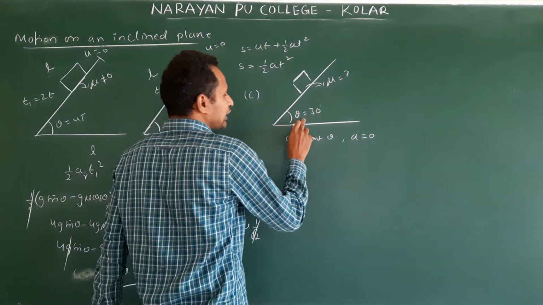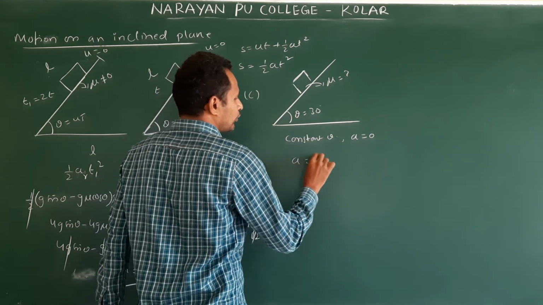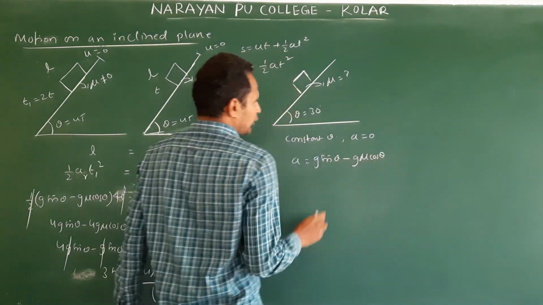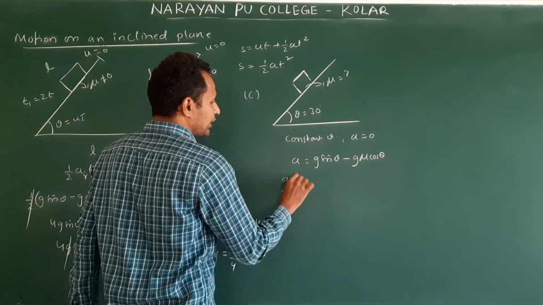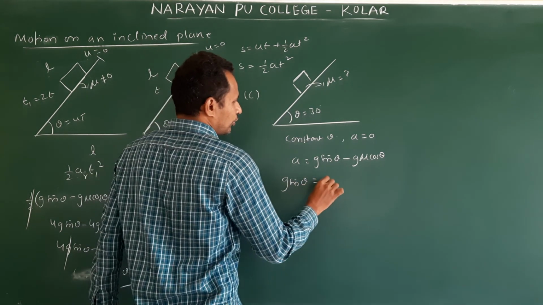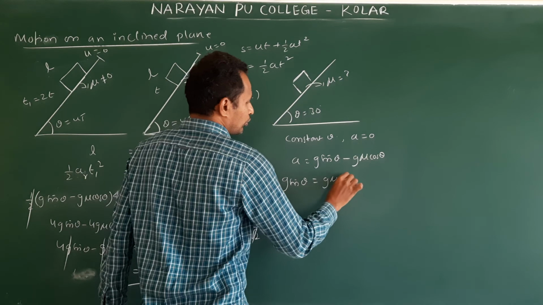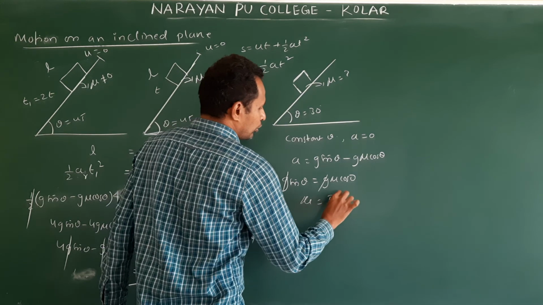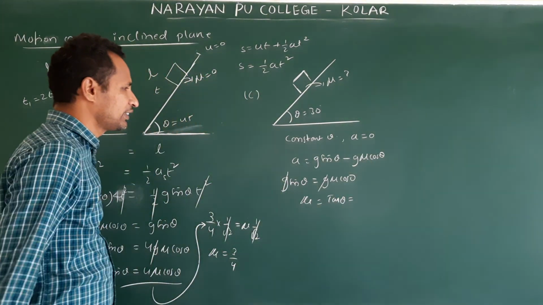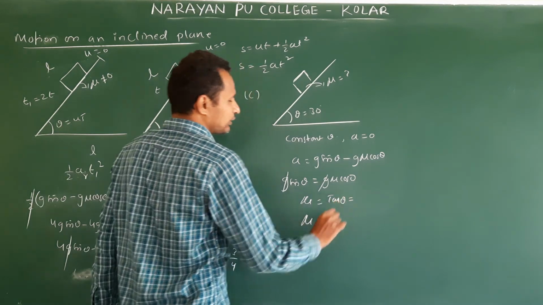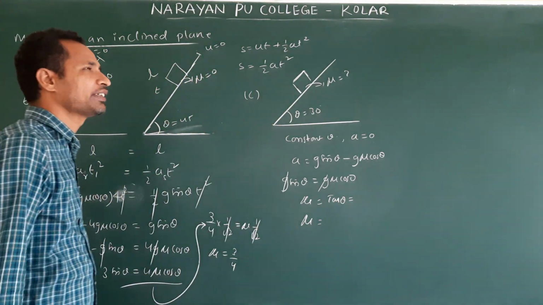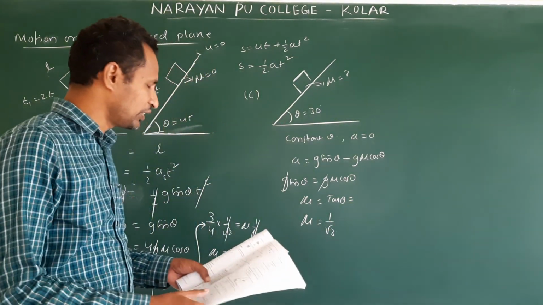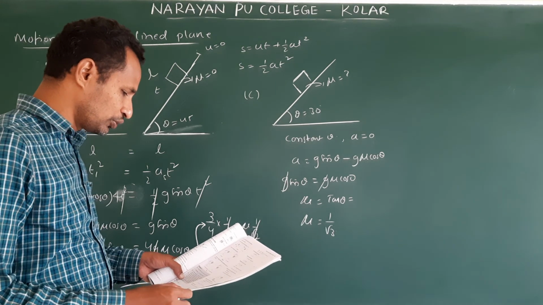And then what is the acceleration equation? When body is sliding down, a is equal to g sin theta minus g mu cos theta. So a is 0, so we will write g sin theta is equal to g mu cos theta. g cancel. Mu is equal to tan theta. Clear? Theta is 30. Then mu is equal to tan 30. Tan 30 means what? Sin 30 by cos 30, 1 by 2 by root 3 by 2. So this is 1 by root 3. From the first information we got mu is 1 by root 3, right?